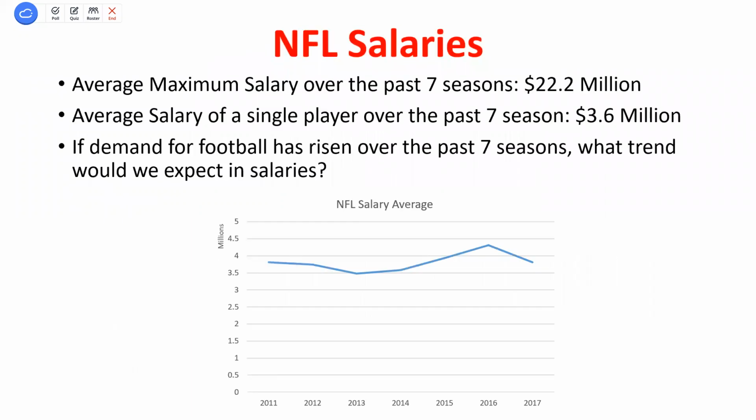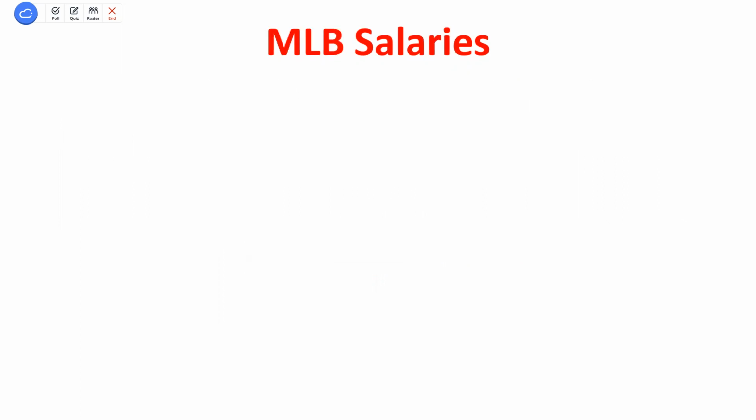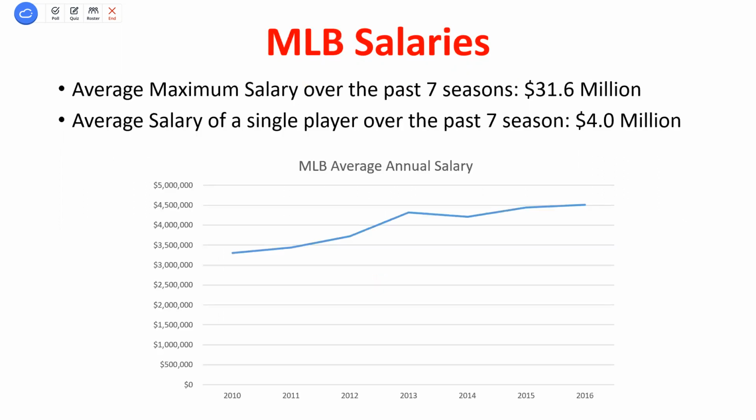If we look at some of these averages, just some of the numbers, which one of these leagues has a higher marginal revenue per win, or maybe there are differences in positions. The NFL's average maximum salary is 22.2 million. The average salary of a single player is actually 3.6 million, right? So we have quality differences, right? My quarterbacks or my high quality players make a large amount of money in the NFL. My backups, my positions that maybe don't matter quite as much, we're only at about 3.6 million, which, if we compare to Major League Baseball, well, the average player in Major League Baseball makes a little bit more than the average player in the NFL.